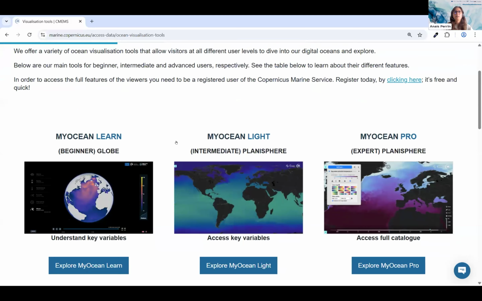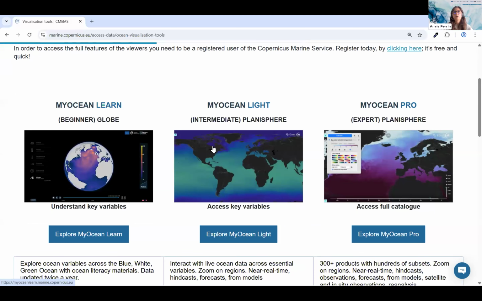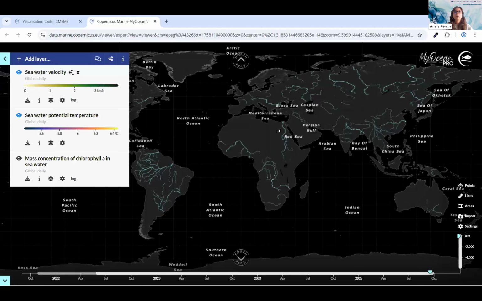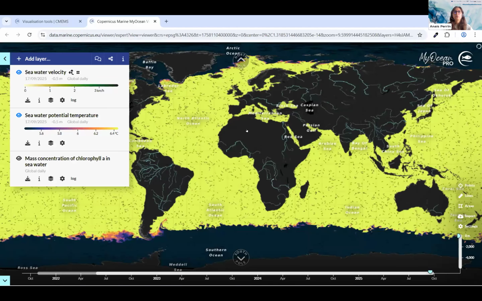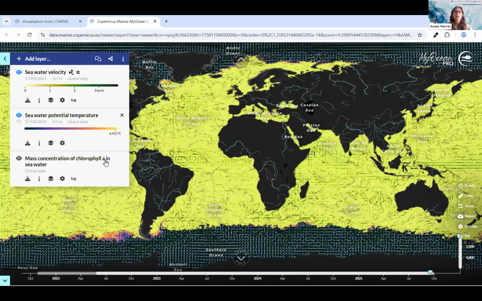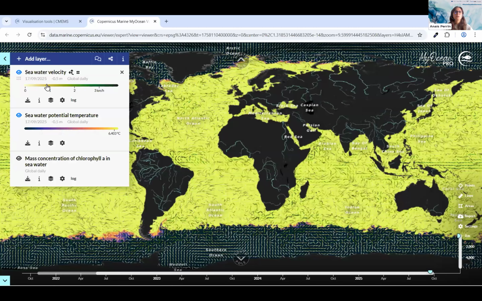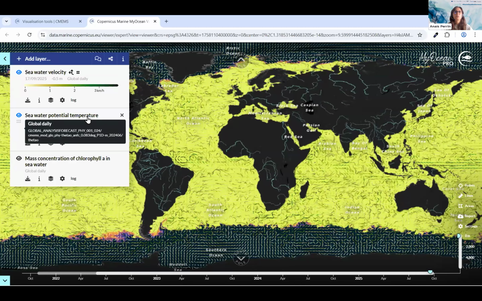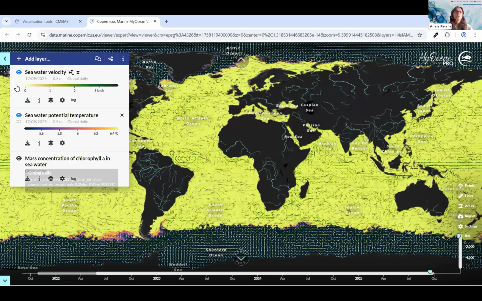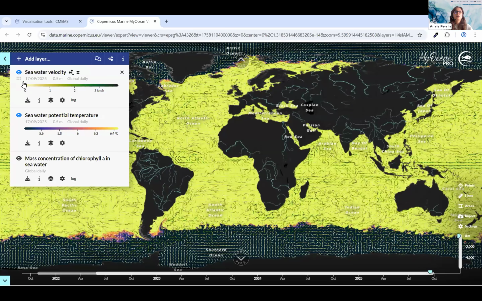You will then see our three different ocean viewers, the MyOcean Learn, the MyOcean Lite, and the MyOcean Pro, which is the most advanced and the one we will use here. When you first open the MyOcean Pro, you will see default layers displayed on the map, such as the seawater velocity, the potential temperature, and the chlorophyll A concentration. The small blue eyes next to the layers